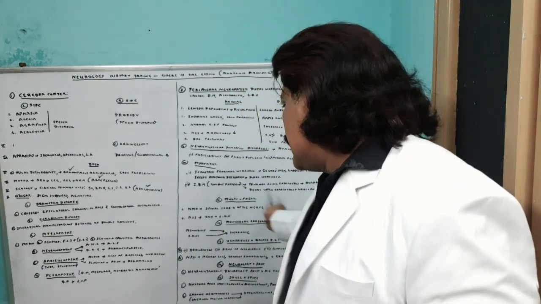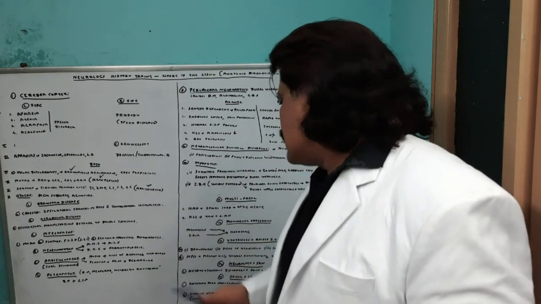Why do we have severe headache in subarachnoid hemorrhage? We generally don't have headache in a hemorrhage if it is a brain pathology, an intracerebral pathology. But in subarachnoid hemorrhage, we have severe pain, severe headache, thunderclap headache. Why? Because it affects the meninges. The blood seeps underneath the arachnoid membrane. So anything which irritates the meninges will cause severe headache, severe pain. So meningitis, subarachnoid hemorrhage, if it affects the meninges, there will be severe pain and headache. So that is the meninges. Next is the ventricles.